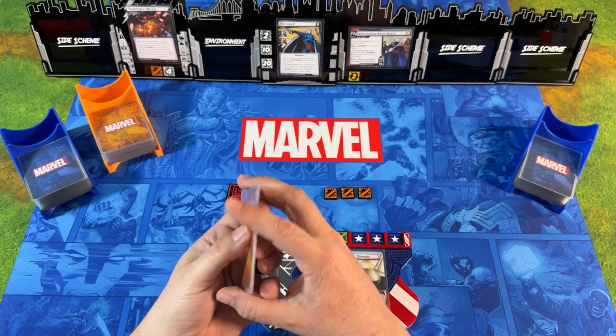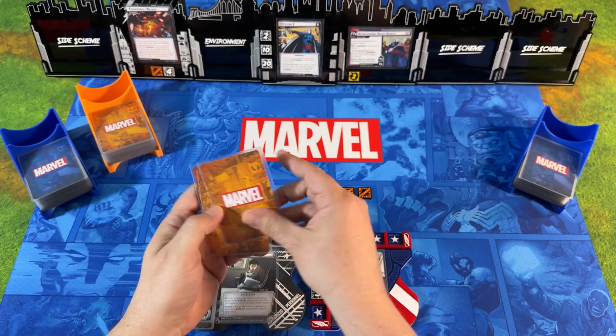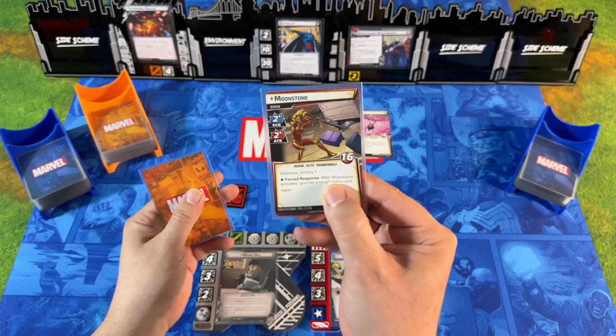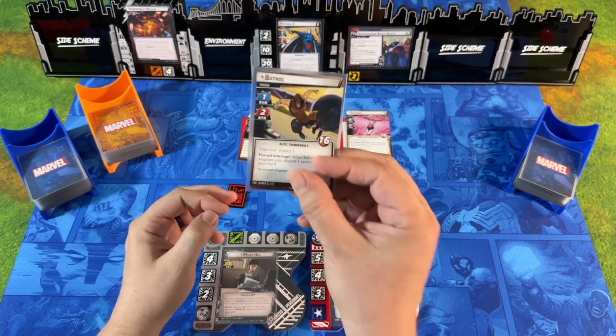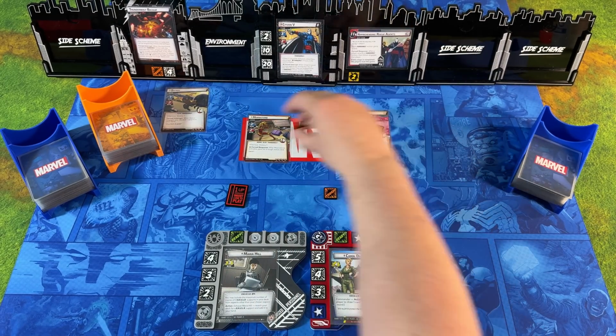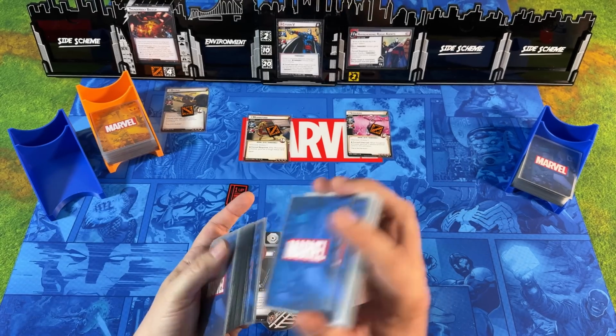So we'll take these. And Carol is going to start with Songbird. Miss Hill gets Moonstone, which means Batroc gets ready to leap into action later. And they all have Tough. And then Miss Hill,